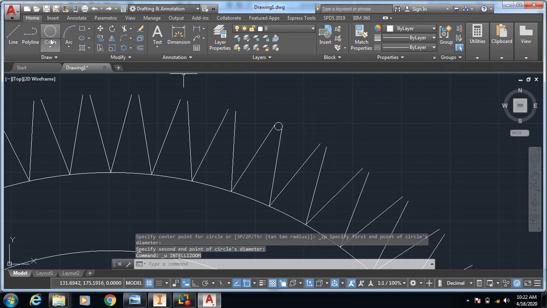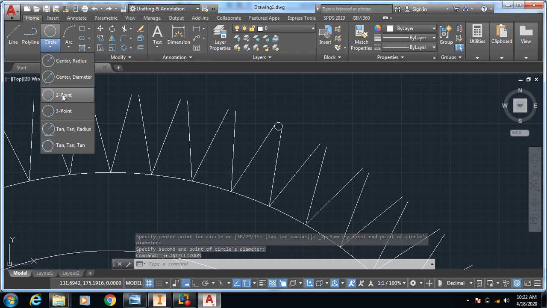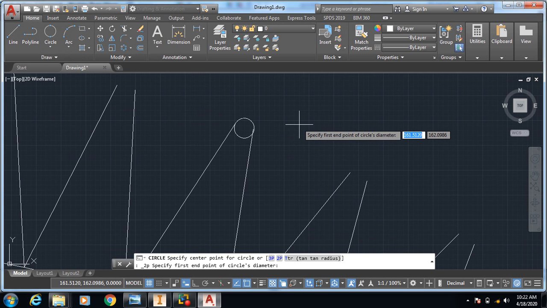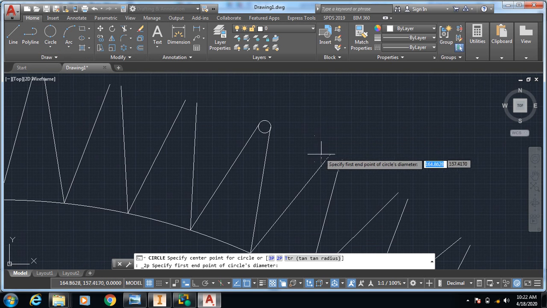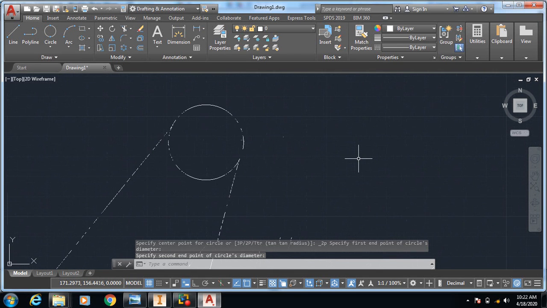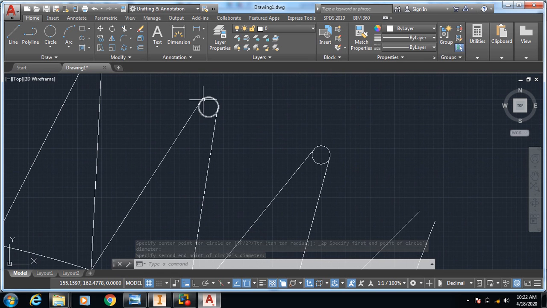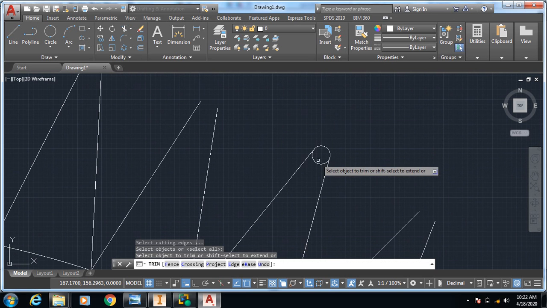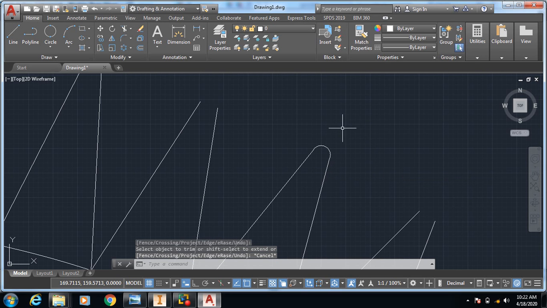Sorry, Control Z. Take a 2-point circle, this point, and another one at this point. Select this and delete. Take a trim command, right click, delete the internal geometry. Now it has been created. Just press ESC.